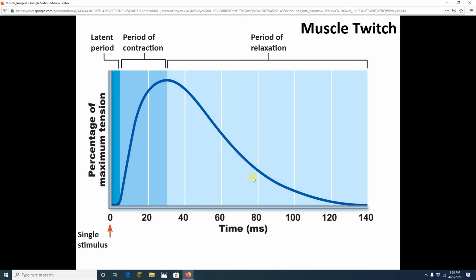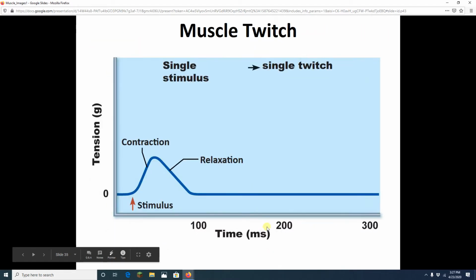Last time we met, we were looking at this picture that describes what happens during a muscle twitch, which is a single period where we have both contraction and relaxation with a little bit of something called a latent period in the beginning. So this has an x time scale of 0 to 140. We're about to look at the same twitch, but we made the x-axis a little different. So now it goes from 0 to 300. But still we have stimulus. There's a little latent period in there, it's just hard to see. Contraction, relaxation. A single stimulus, so a single action potential, in other words, is going to give me a single